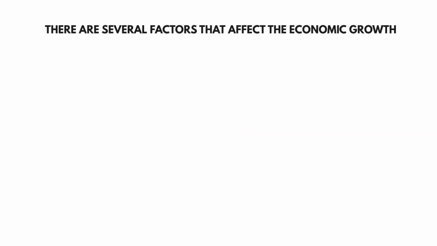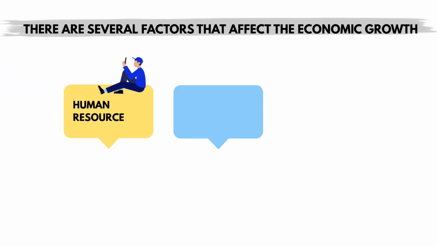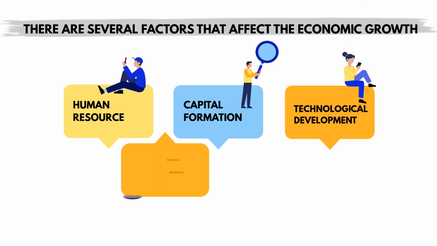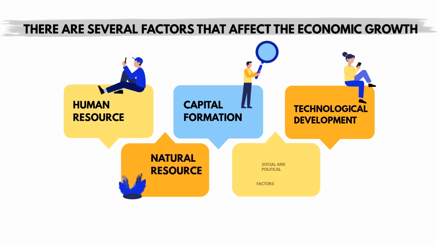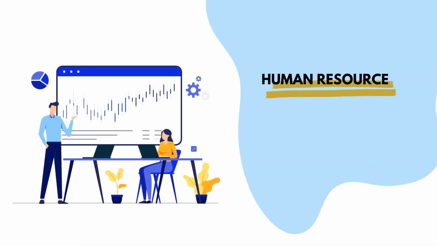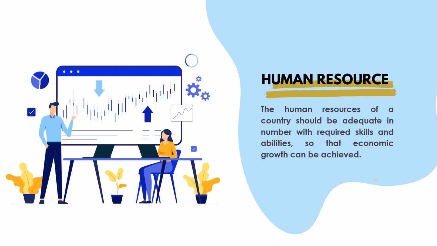There are several factors that affect economic growth. 1. Human resources. 2. Capital formation. 3. Technological development. 4. Natural resources, and 5. Social and political factors. Human resources. The quality of human resources is dependent on its skills, creative abilities, training, and education. The human resources of a country should be adequate in number with required skills and abilities,